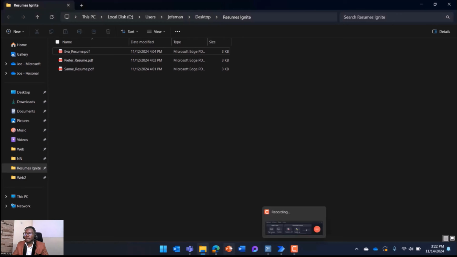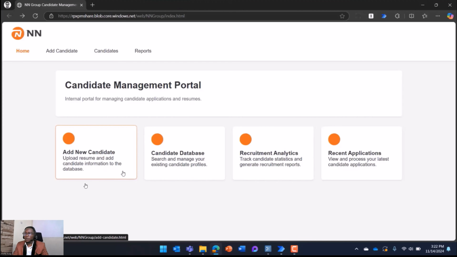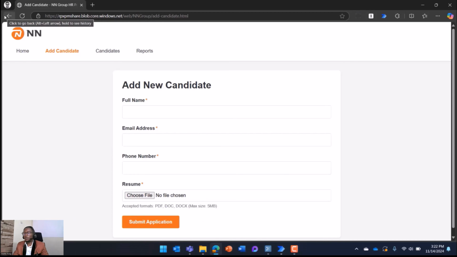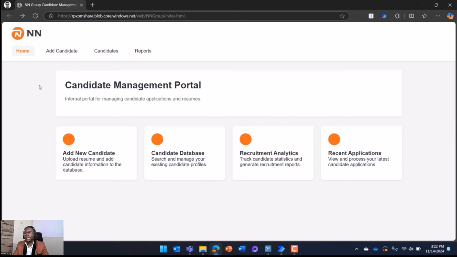This is the portal we want to move these resumes to, where we want to organize them by full name, email address, phone number, and we're also going to upload that specific file. So we're going to do a step, and Automate Desktop will learn from that and do the rest on its own. Yeah, so we're going to launch Automate Desktop, and have a look at the different ways you can record or instruct Automate Desktop to learn from what you want to do.